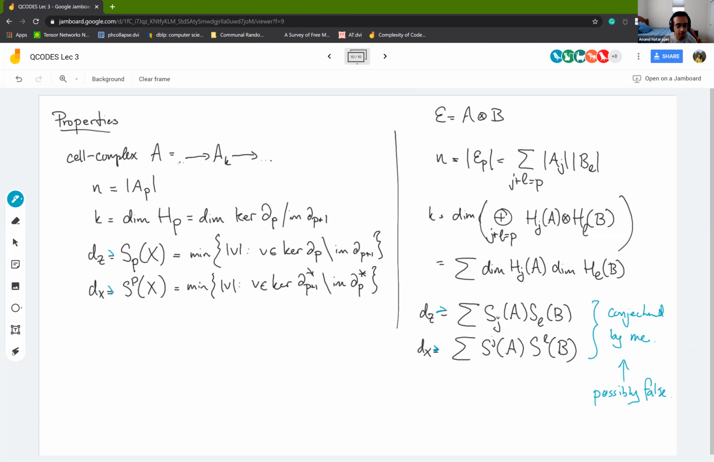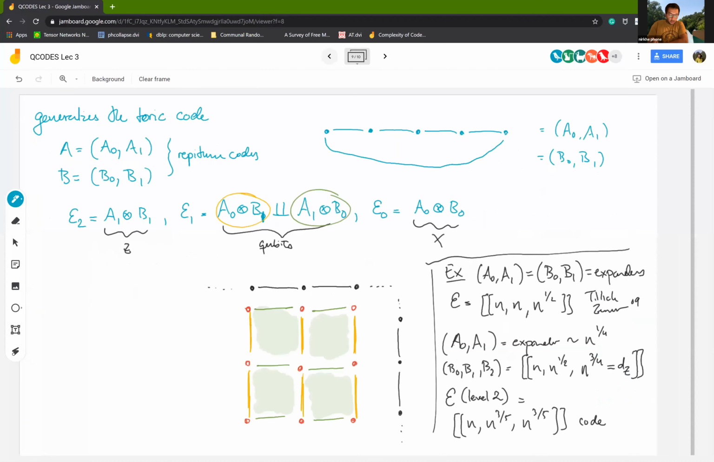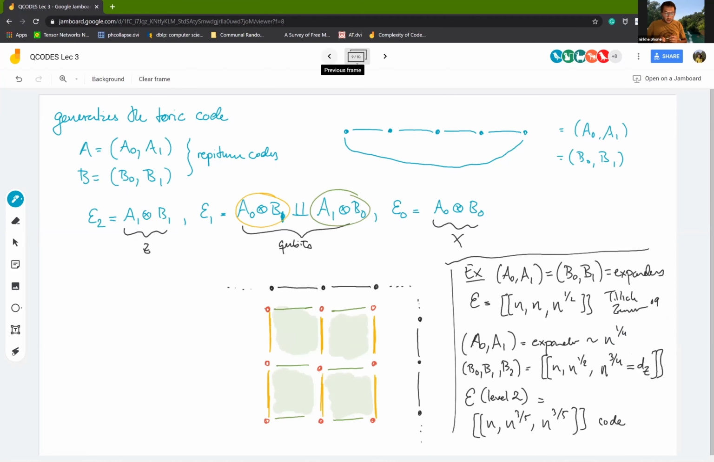I just wanted to clarify, as someone who's looked at the Tillich and Zémor paper a while ago, so that's just the special case of this when you have level 2 chain complexes. Is that all they do? Yeah, that's all it is. Exactly. They just have level 2 chain complexes A0, A1, B0, B1,